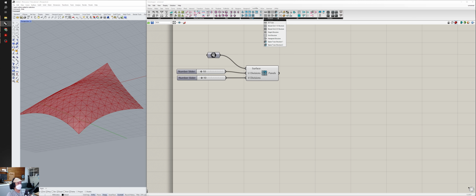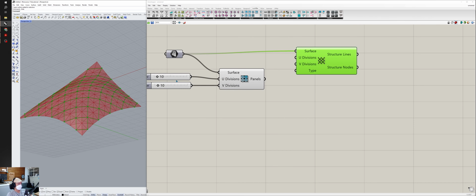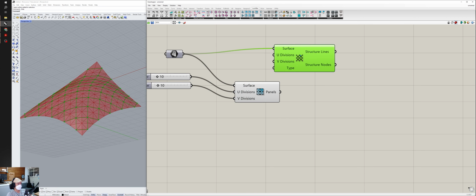So if we go from our panels to our structure tab, you can see we have lots of different choices, right? So let's say we take this one, you can see that now I have an easy way to make a matching structural grid,